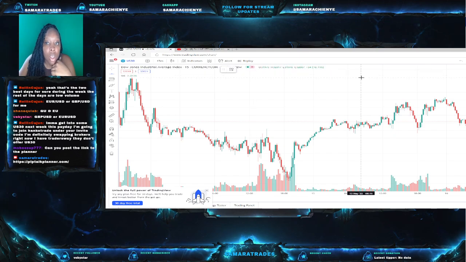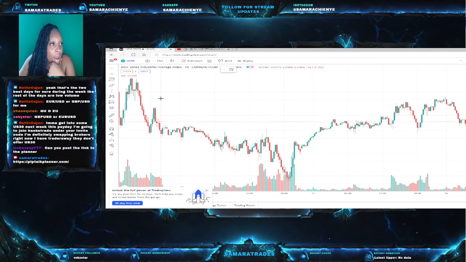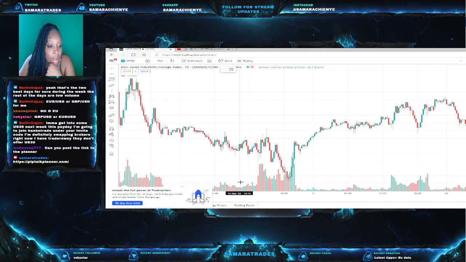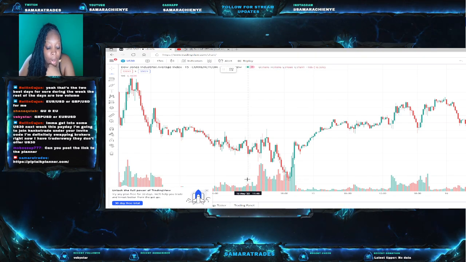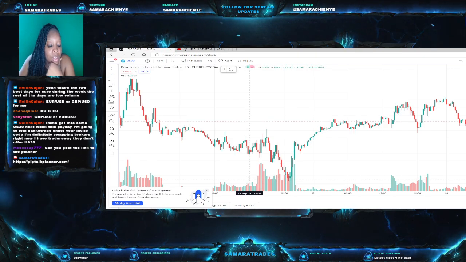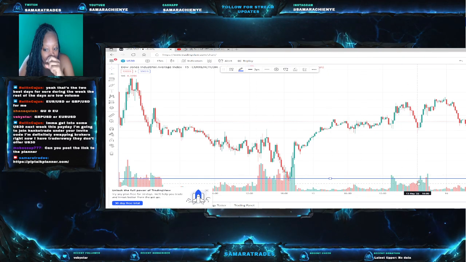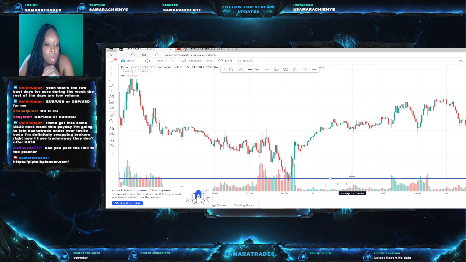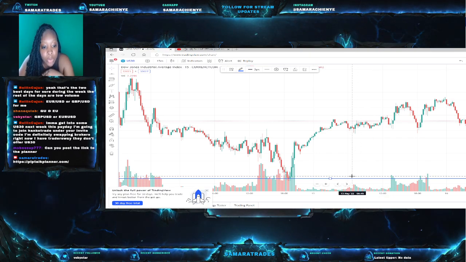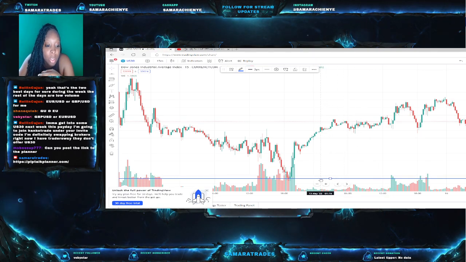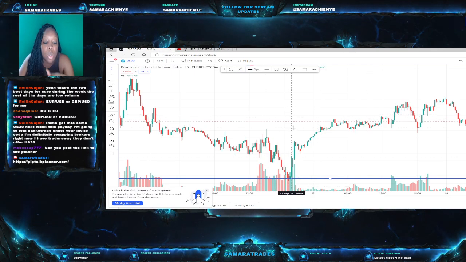Okay. So right now, I am looking for, as I stated already, my flat bottoms, all of that good stuff. I always try to make my colors different from my candles, just so I understand, okay, boom, this is my support line, and then whenever I make my resistant line, we go from there.